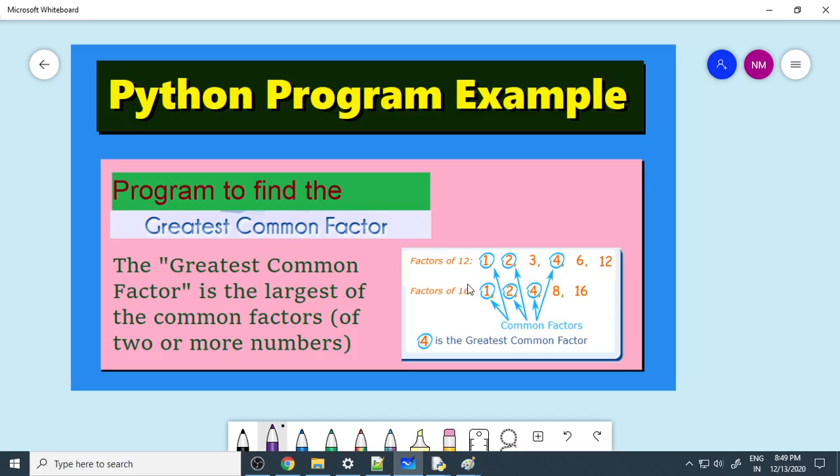If the numbers are given as 12 and 16, see the factors. So 1 will divide the 12, 2 will divide the 12, 3 will divide the 12, 4, 6, 12. So again if you take 16, you see that 1 and 16 are common, but 2, 4, 8 also will divide the 16. In these two cases, common are 1, 2 and 4. So the greatest common factor we want. So 4 is the greatest common factor. In both the cases 4 is present. That is the highest. So therefore 4 is the common factor.